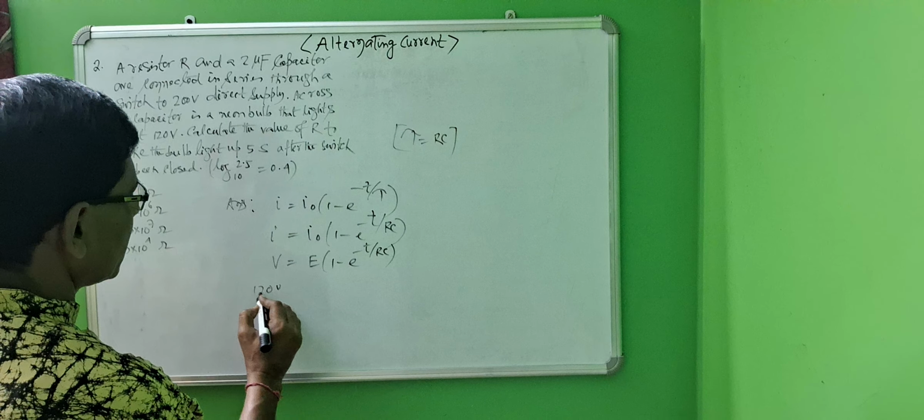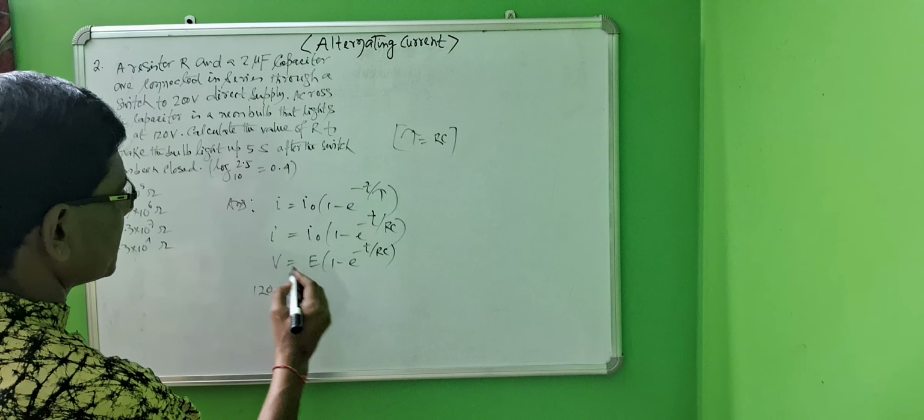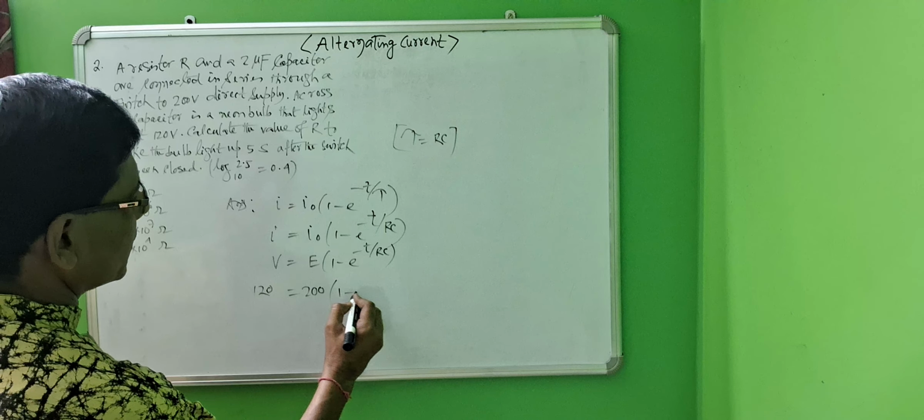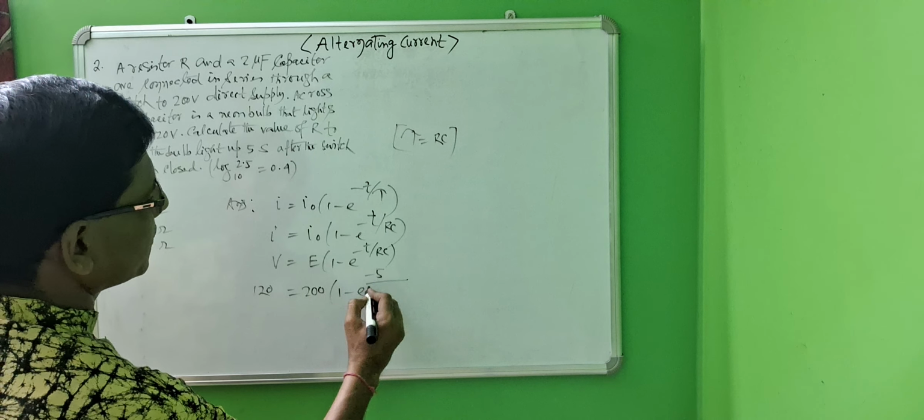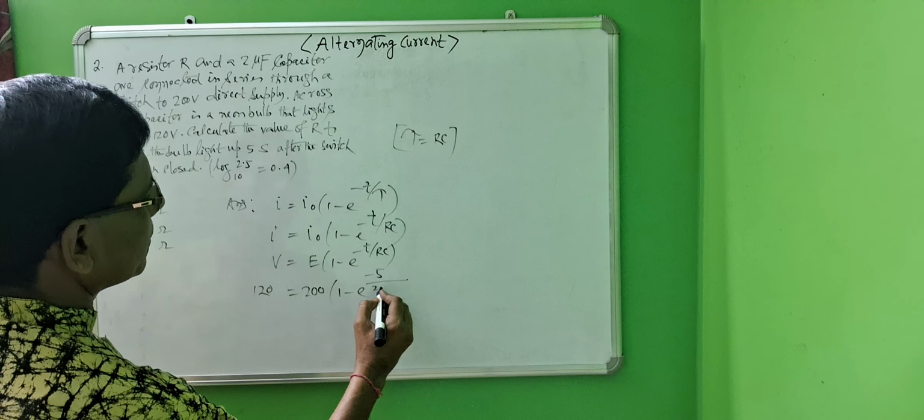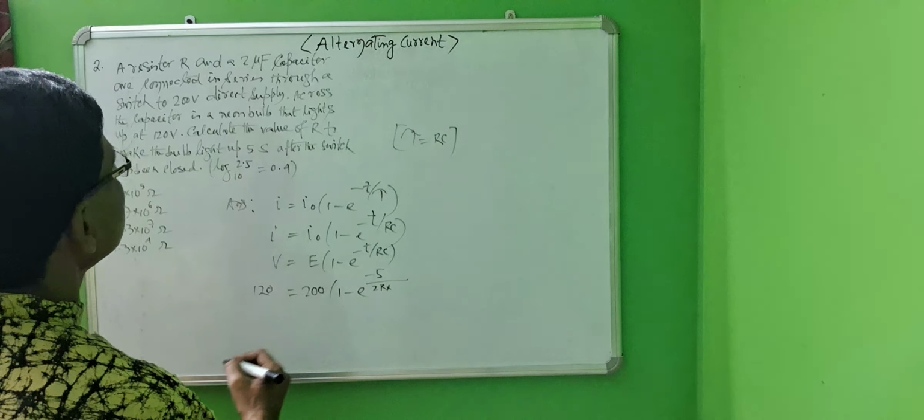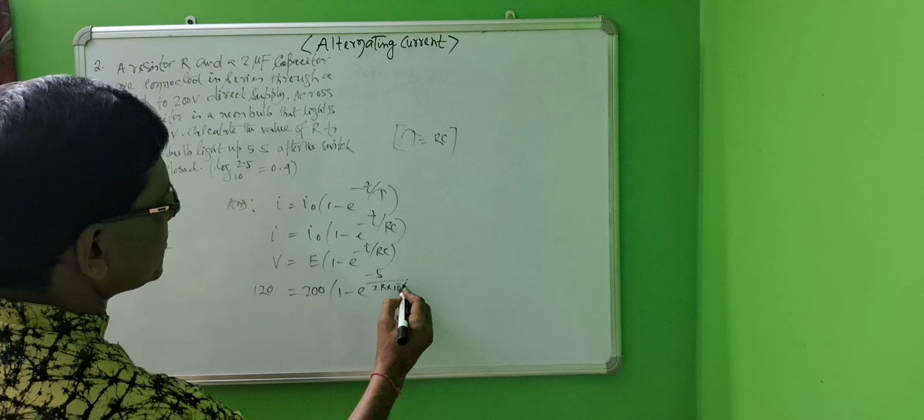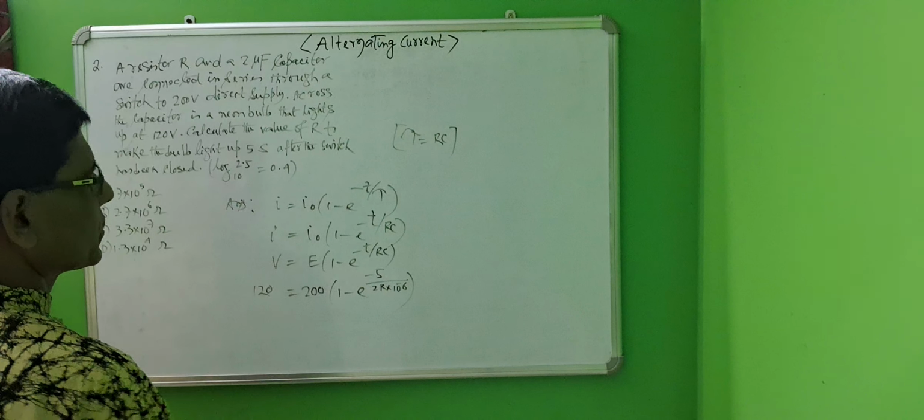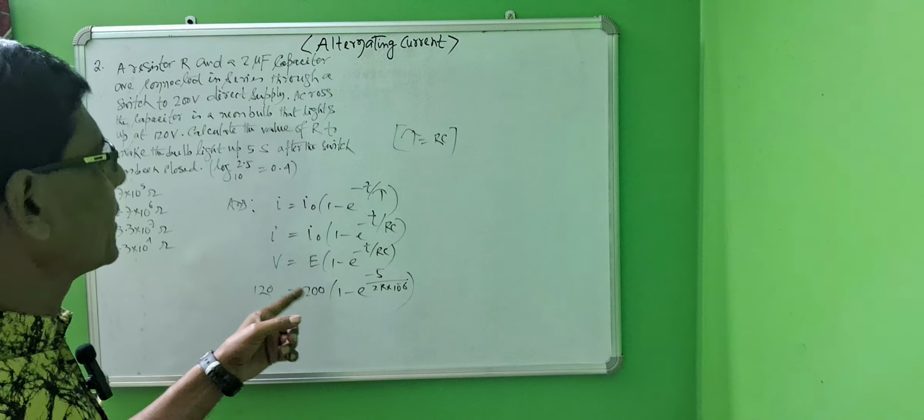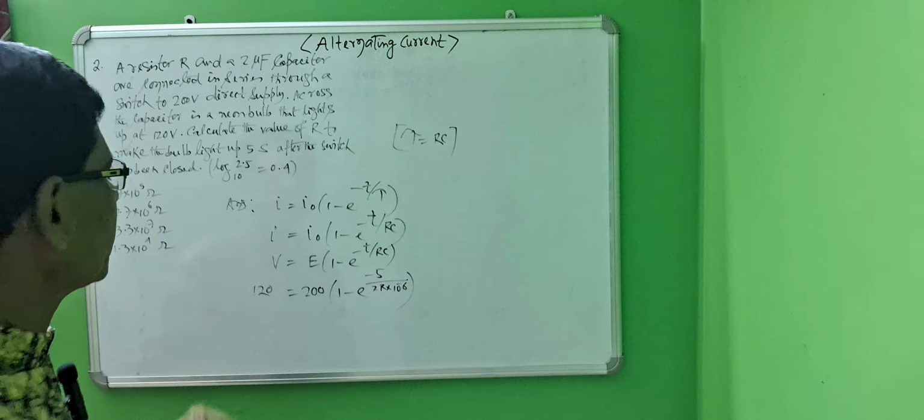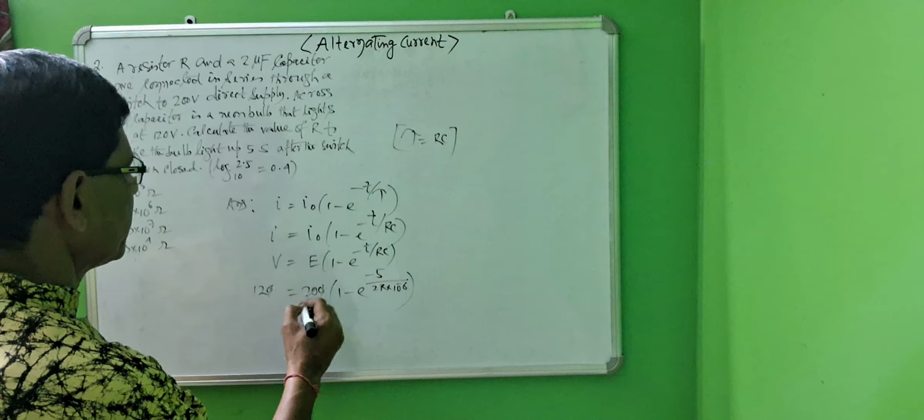So this is 120 volt according to our problem, and this is 200 into 1 minus e to the power minus 5 upon 2R into 10 to the power minus 6. Substituting the data given, we can write